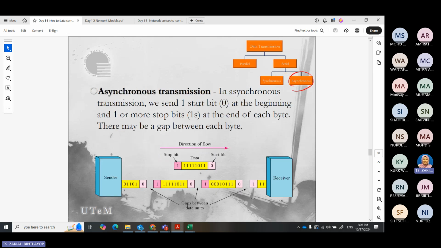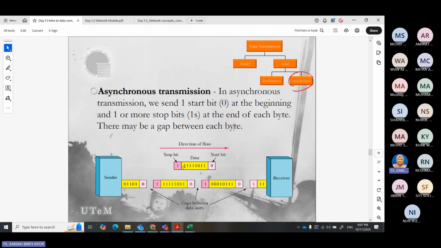Under asynchronous transmission, asynchronous means that we send one start bit 0 at the beginning and then one or more stop bits at the end of each byte. That means there is a gap in between the messages. Let's say the direction is from left to right. You need a start bit 0, and then you start sending the data bit by bit.